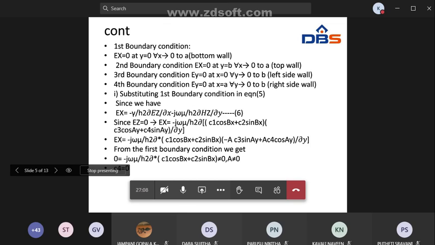So if we see the boundary conditions, check the first boundary condition. You can check from TM mode analysis. So here Ex equal to 0. See the bottom wall. These boundary conditions we have explained in the TM mode analysis, right? So if you see the bottom wall,